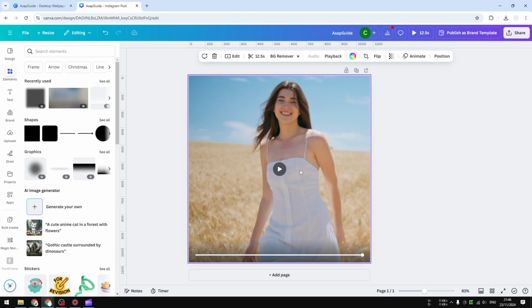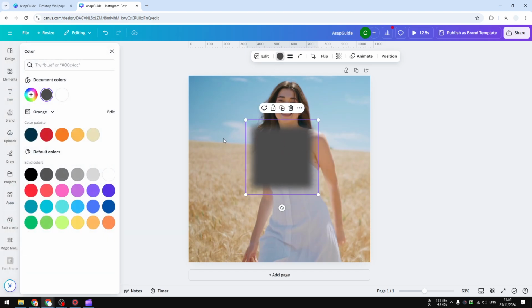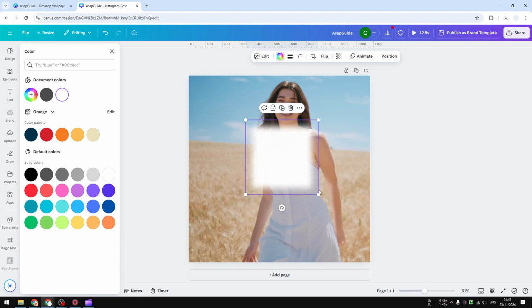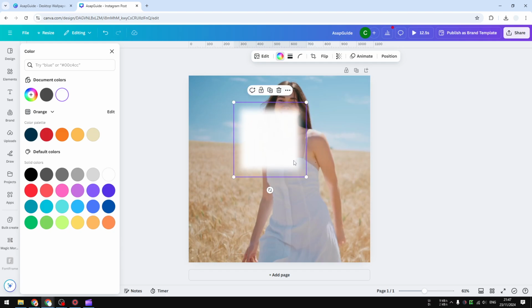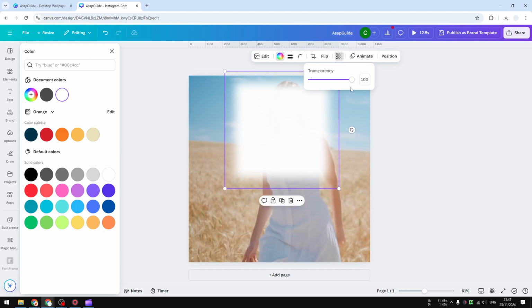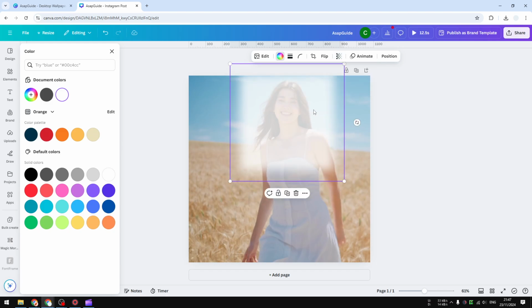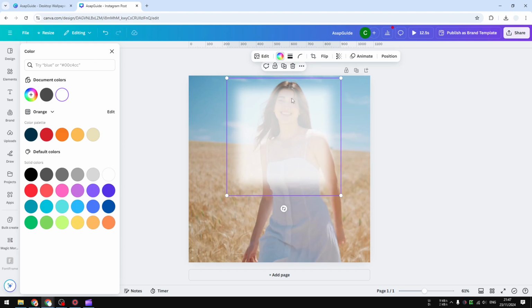In fact, the general consensus on the Canva community when it comes to blurring a video is by just adding some sort of shape, and then you put that shape on top of the picture or the video, and you basically blur that shape. It is something that you can do, but it's not a proper blurry effect. In fact, it's more like a transparent object that you put on top of the image. So right now you cannot create a proper blurry effect to a video in Canva, but there is another solution